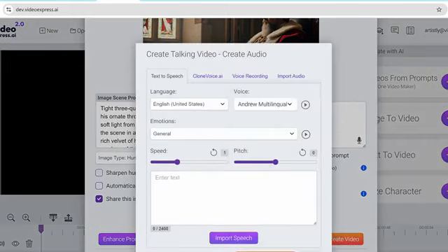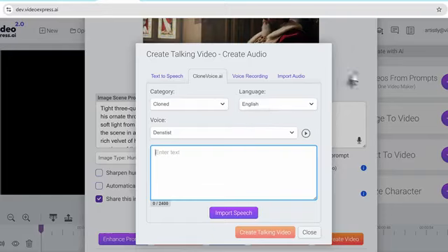As a CloneVoice.ai customer, we're going to give you the ability to add it directly into your Video Express account. So this is private to you. It's going to be specific to you, and we have specific training on how to do it. Super easy. Then all you have to do is click on this CloneVoice.ai here, and all the voices you create in CloneVoice.ai will be brought in here.